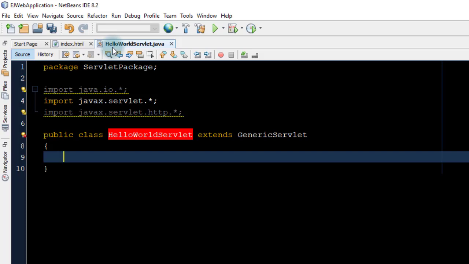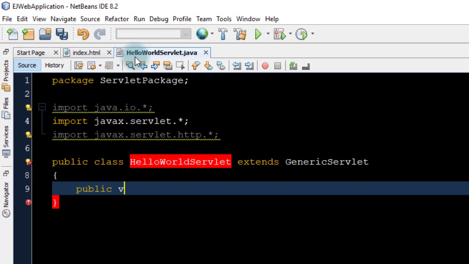Now in generic servlet we have an abstract method public void service. This is one of the life cycle methods. The service method handles the request and response.